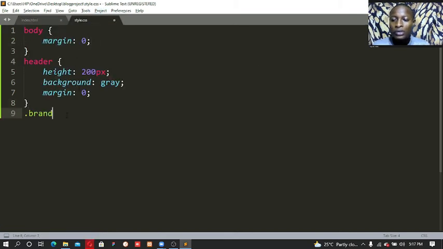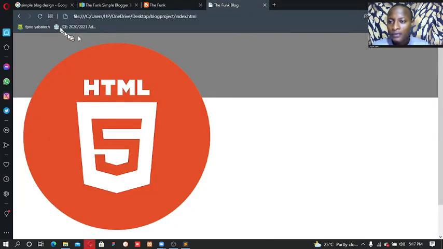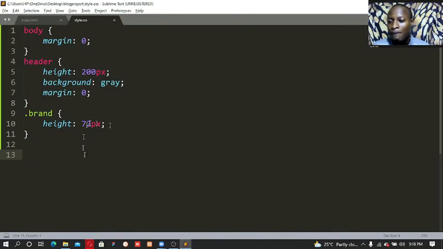So brand, this is a class now, so we have to use a full stop. Brand, we are going to make height to be 72 pixels. Now if I refresh this, nothing is going to happen, just that this will come up, because 72 pixels is from here to here. So this is going to come up, but for this image to maintain that 72 pixels,